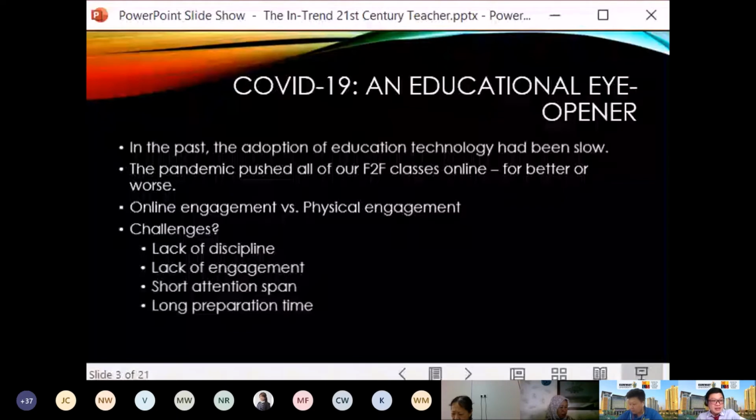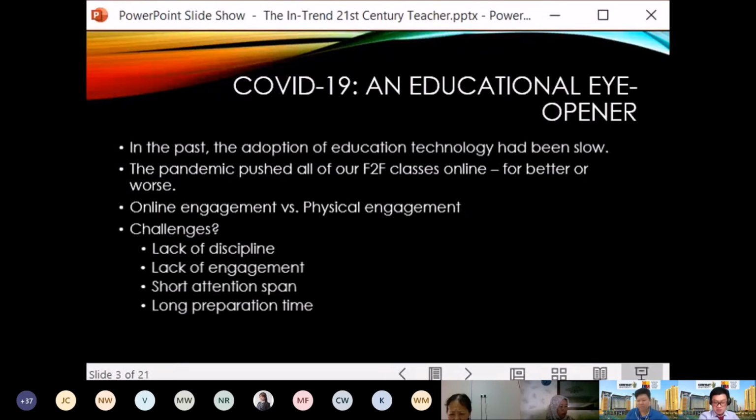And not only that, the long preparation time has forced us to be disengaged with our work. We feel burnt out more than ever, especially those of you who are working parents, whose kids are already at home. Mothers, housewives, you have to take care of your husband, your kids, and the rest of the stuff that you have to do at home. In addition to your online teaching work, it can suck the life out of you. A lot of teachers felt drained, felt exhausted during this period. They wish this MCO, this whole thing, to be over so they can resume face-to-face classes.